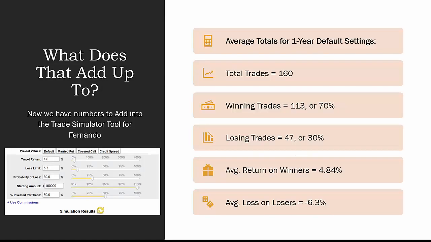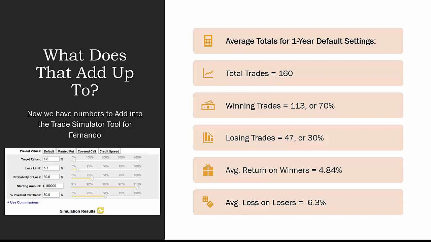Well, what does this all add up to? For that 1-year period, August 2020 to expiration of August 2021, there were 160 total trades. Of those 160, 113 were successful, either to max profit or somewhere just above break even, or 70% of the positions. There were 47 losing trades over that 160, or 30% of the total. The average return on all the winners that we just saw came out to 4.84%, and the average loss on the losers was minus